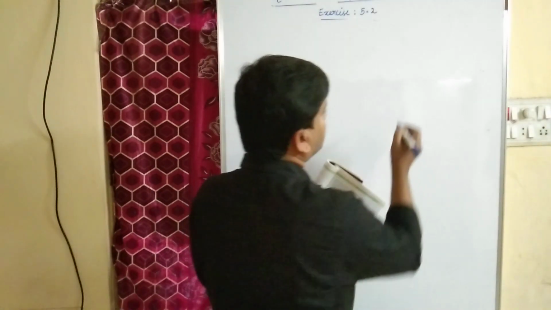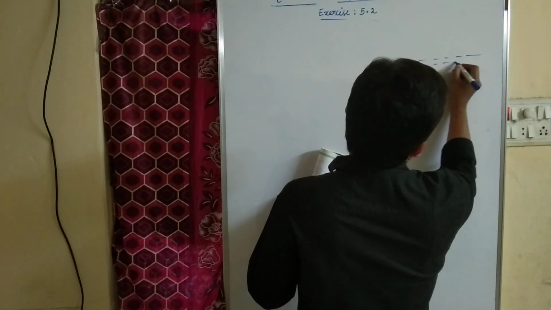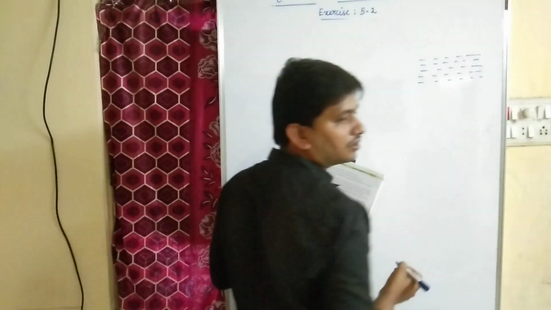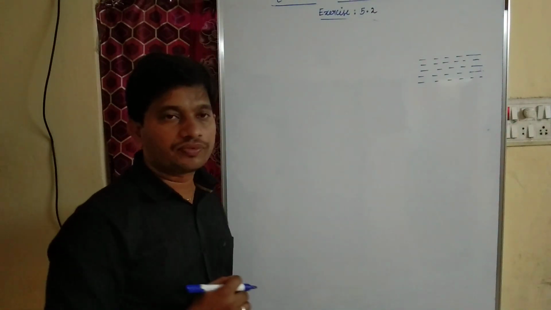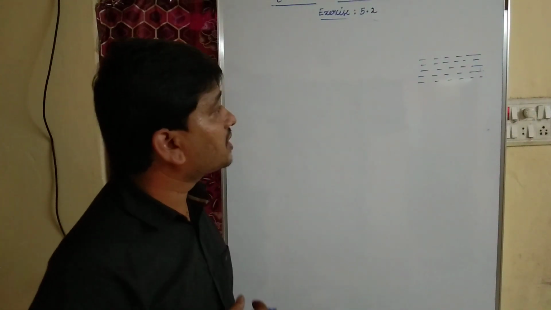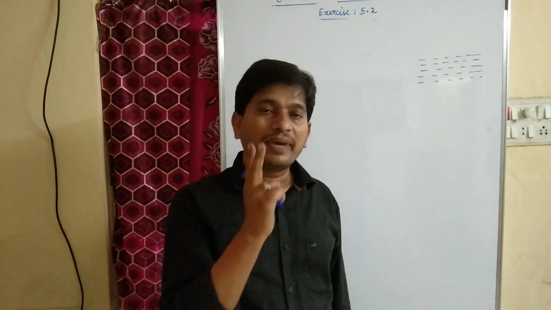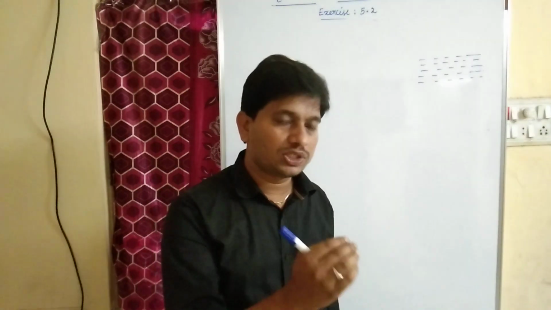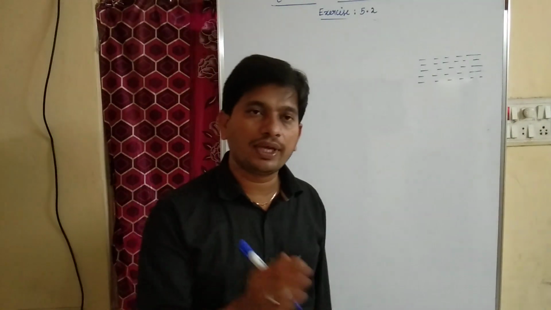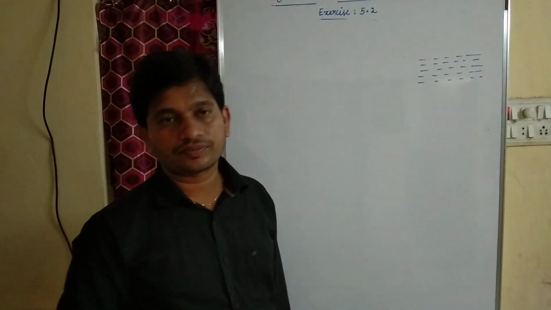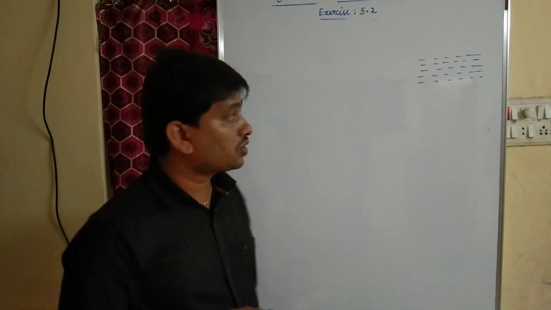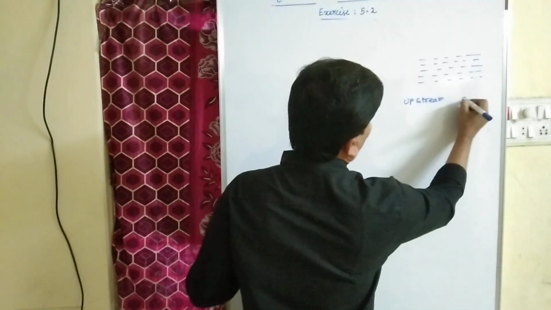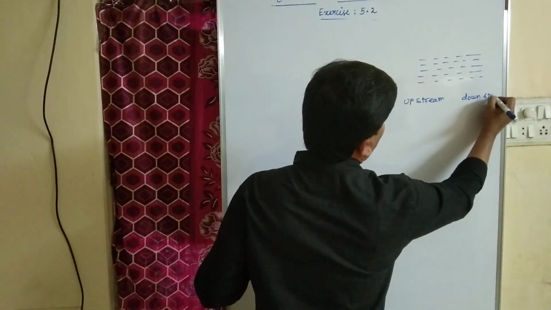So children, this is our stream of water. So here, when we are coming to boats and stream sums, you will be having two speeds, children. One speed will be the boat speed and the second speed will be the stream speed, I mean water speed. Okay, and also you should know the difference between what you mean by upstream and what you mean by downstream.